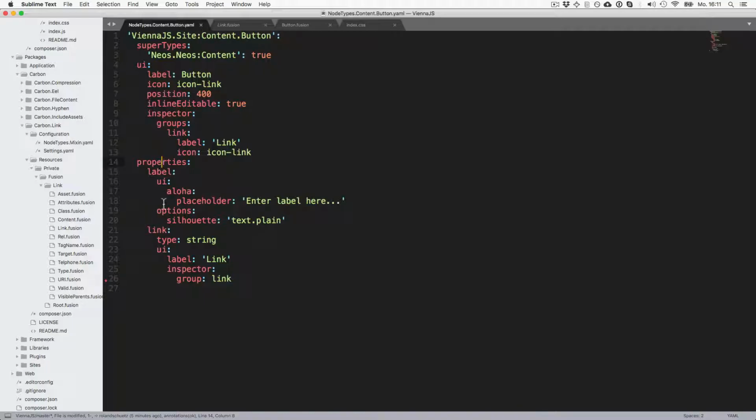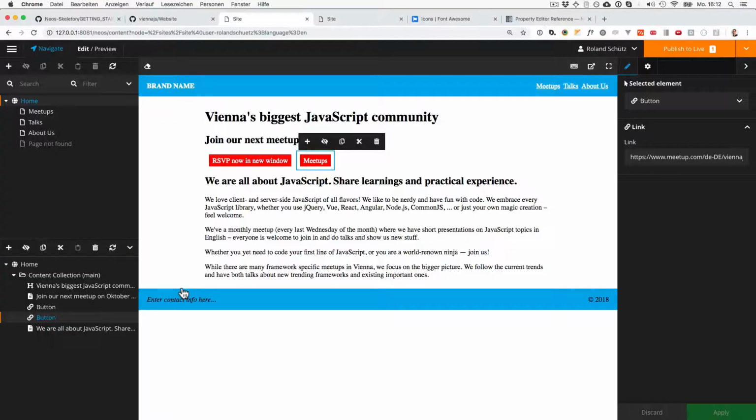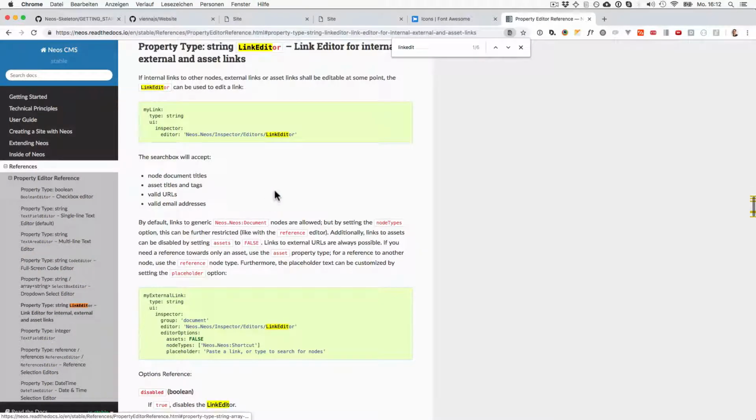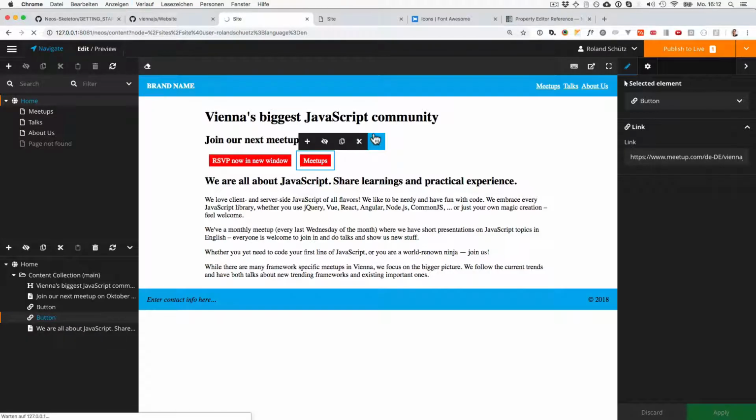So we have under properties links, we have a type string, and it should stay type string. But in the inspector, we can say use a different editor. And what we want to use here is neos. And of course, you don't have to remember that. I'll show it where you can find it, but you'll see it's always the same. So here we want to use the link editor as an editor. And you also find that here in the property configurations, and you'll see there's a link editor. So the only thing you have to do here is define that it's a link editor. And now if we reload the page,